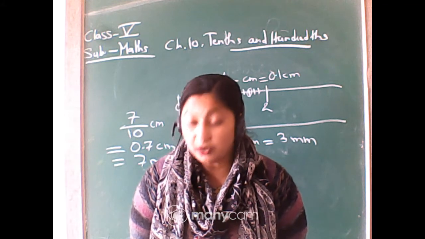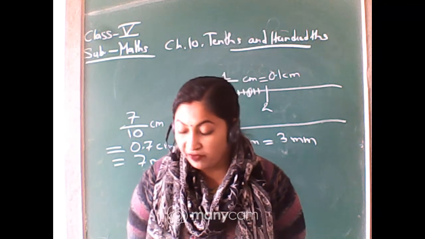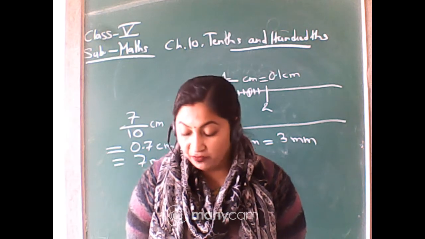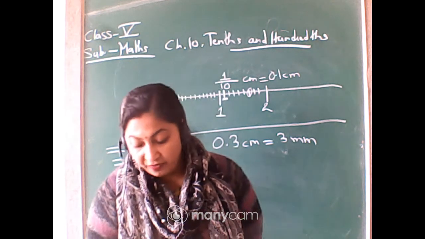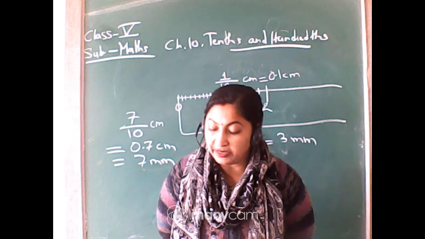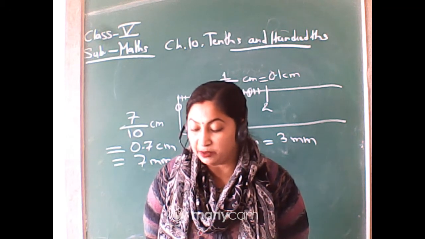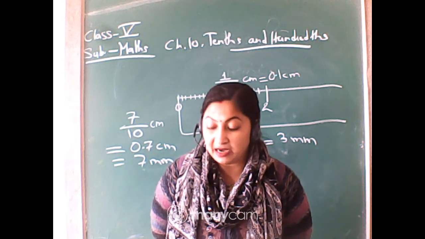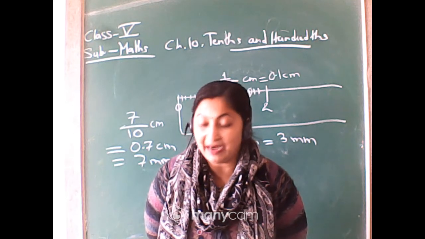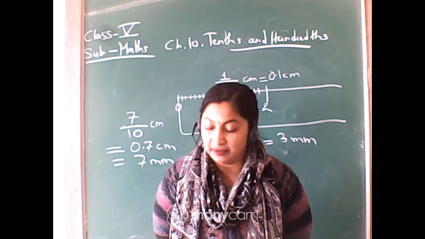Okay, now here two frogs are mentioned. One is the gold frog and one is the bullfrog. Now see, what is it about the gold frog? This kind of frog is among the smallest in the world. Its length is only 0.9 centimeter, and it is the smallest in the whole world.